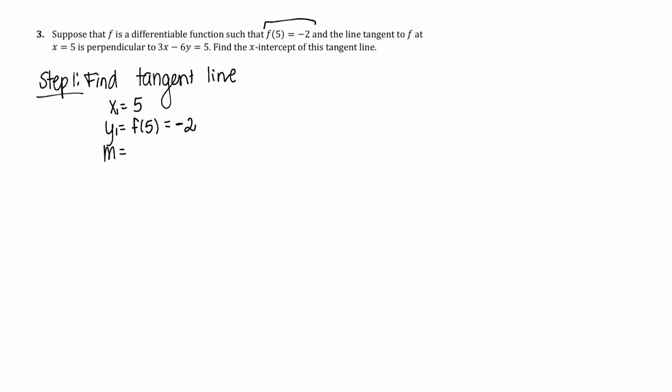Now, we're normally able to find m by doing f prime of 5, but we don't have any way of finding this. Like, how? We don't have a function. There's not really anything we can do here because we don't have that information. So that's not going to do it here. We have to go back and figure out what is going on. We were told that this tangent line is perpendicular